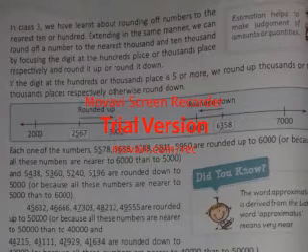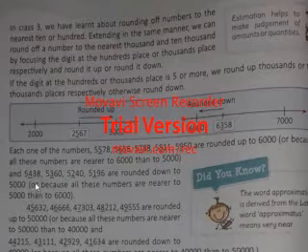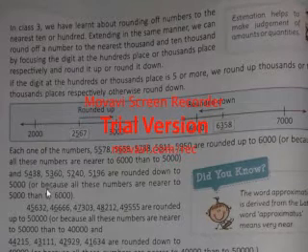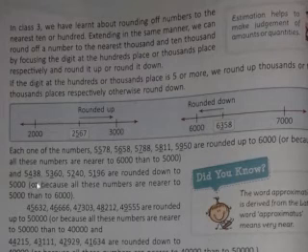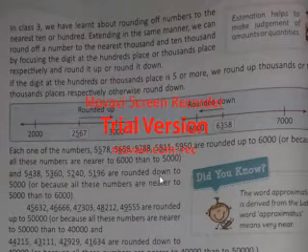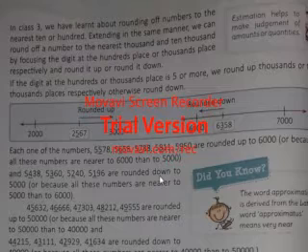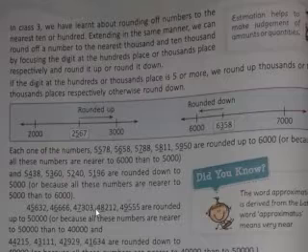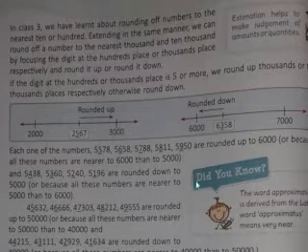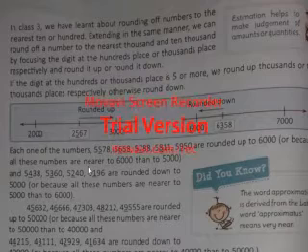Okay, so you can see over here, when these are all rounded to thousands, rounded down also you can say because it is decreasing, rounded down to thousands, and what will happen? All will become 5,000. Why? Because in the hundreds place all the digits are less than 5. If there is less than 5 in the hundreds place, then to its nearest thousand we will be adding nothing and all the hundreds, tens and ones digits will become 0, as it has been said. Rounded down to 5,000, or because all these numbers are nearer to 5,000 than to 6,000.